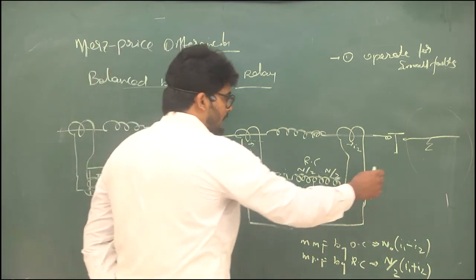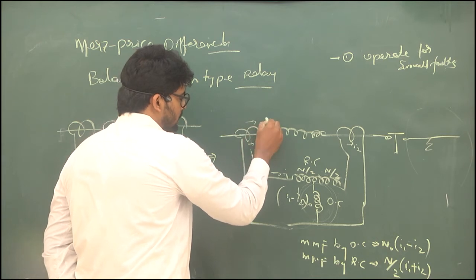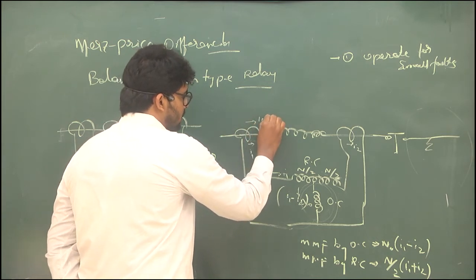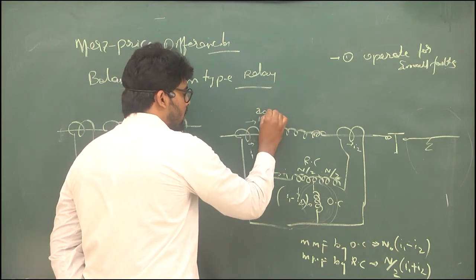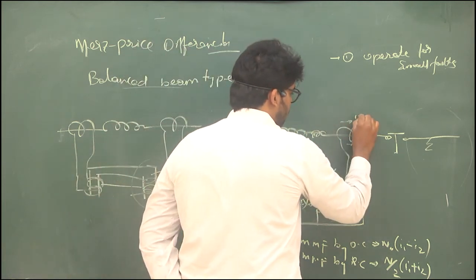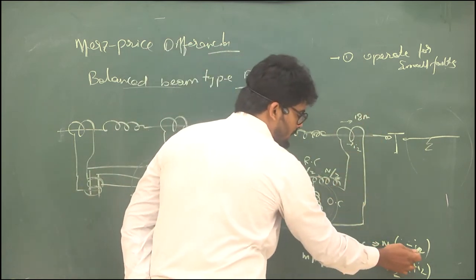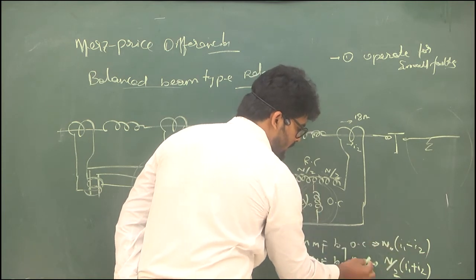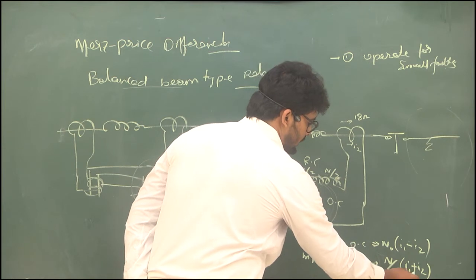For example, if a high fault occurs, say this is raised by a 10% value. For example, if you have 10 amps, it may produce greater than 10 amps. That is, it may go to 20 amps. Similarly, this may also go to 18 amps. So for example, now 20 minus 18 is what? 20 minus 18 is lesser than this restraining force, the 20 plus 18. So this is the higher value and this is lower.